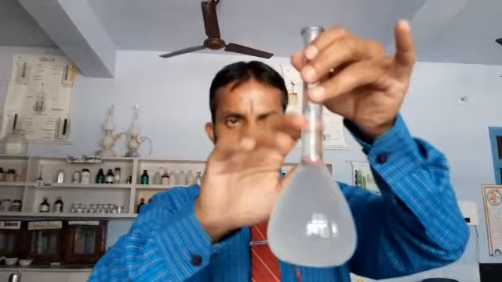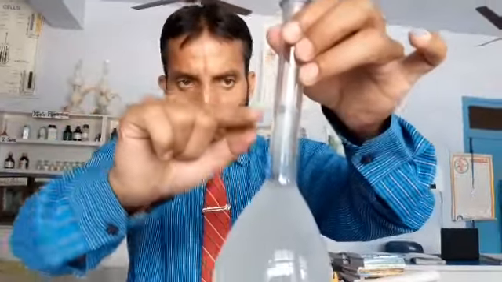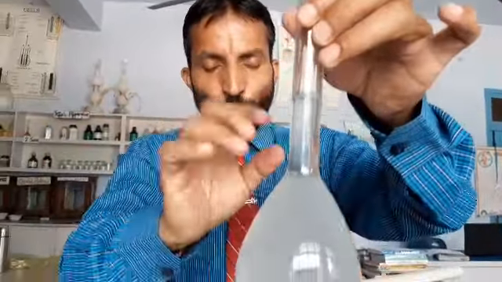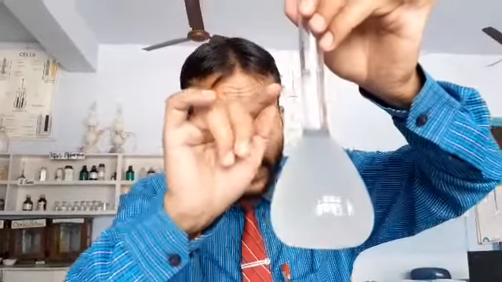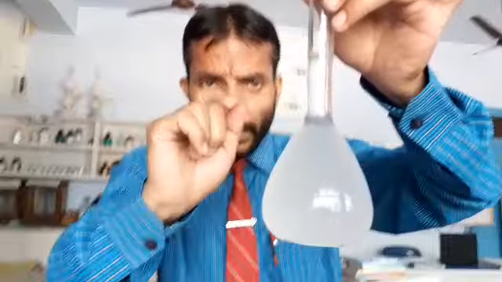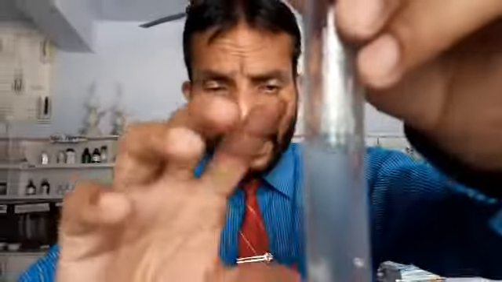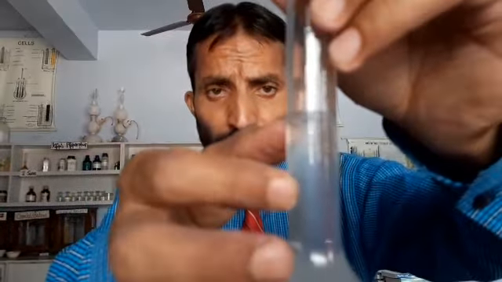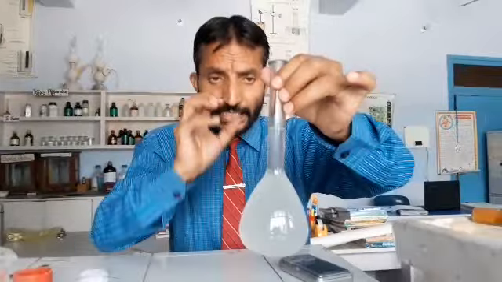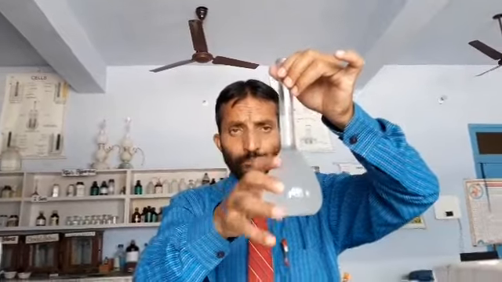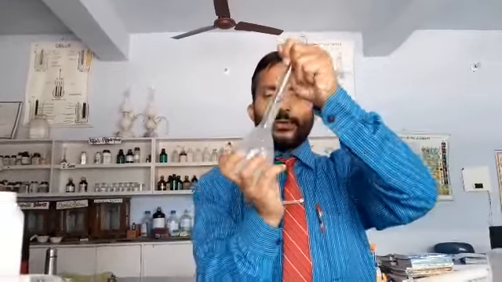Now remember, when I make it up, there is the meniscus. The round curve formed here is known as the meniscus. For colorless liquids, we always see the lower meniscus, because it is visible there nicely. For colored chemicals, we use the upper meniscus because there the reading can be noted easily. So here we note the lower meniscus. And now we will shake it by closing it with the stopper.